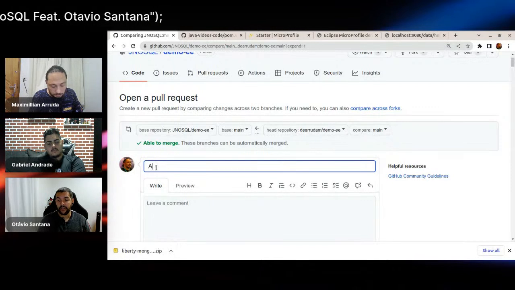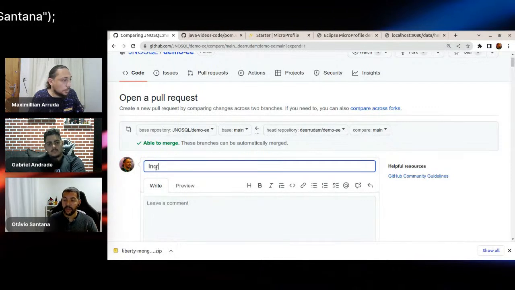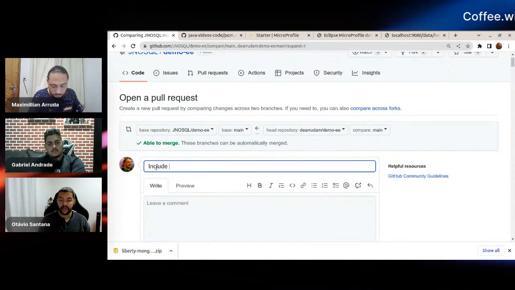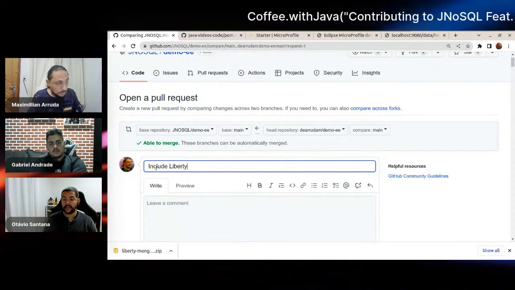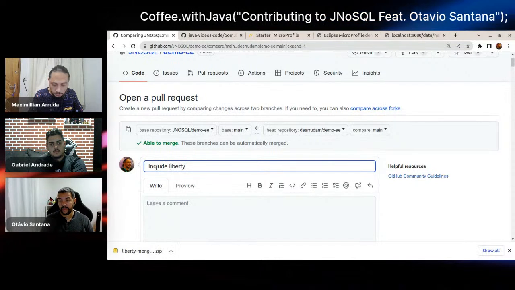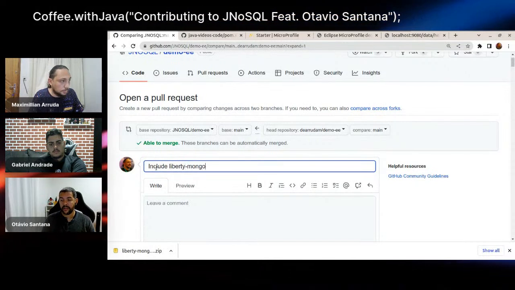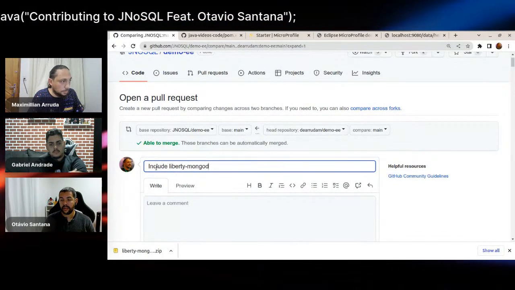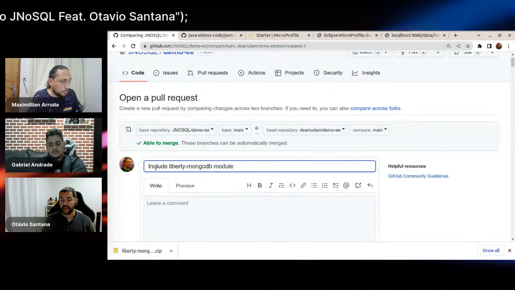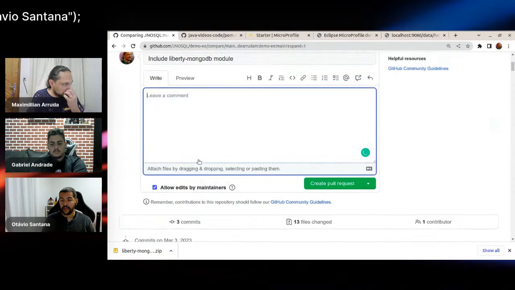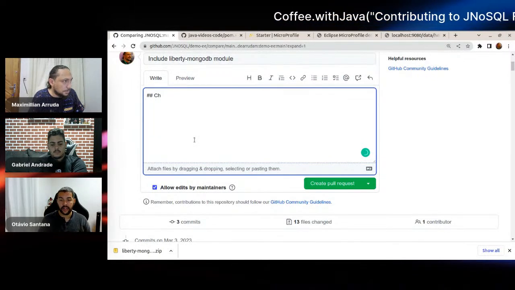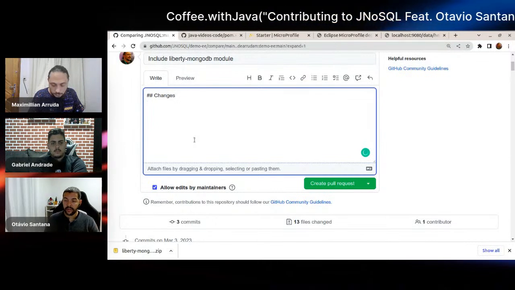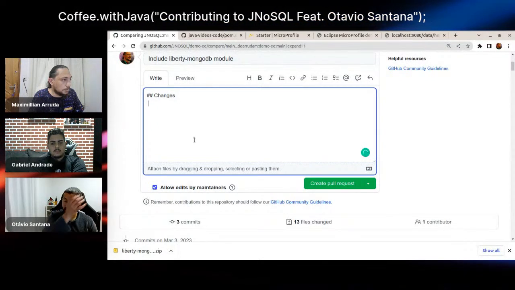So include the OpenLiberty MongoDB module. Okay, so we used to add some information right here. For example, changes. Am I right? Yes, changes. So I could do something like that.